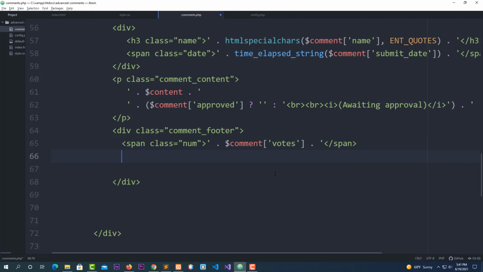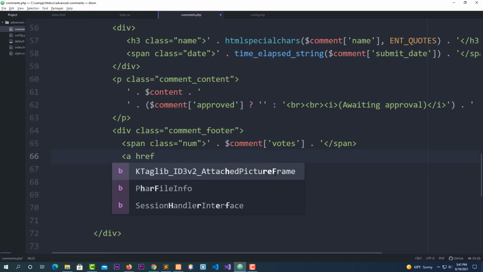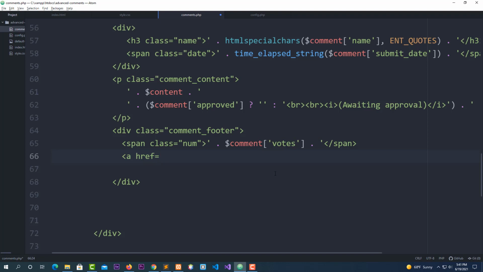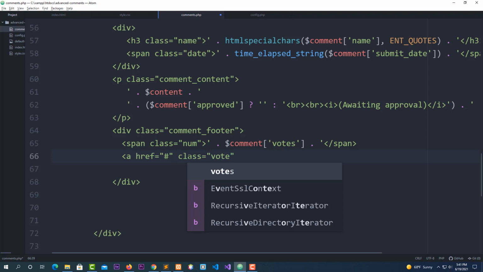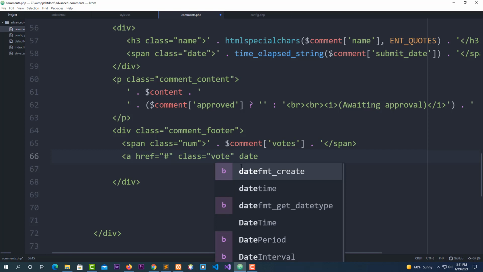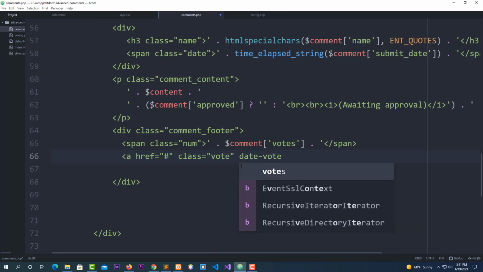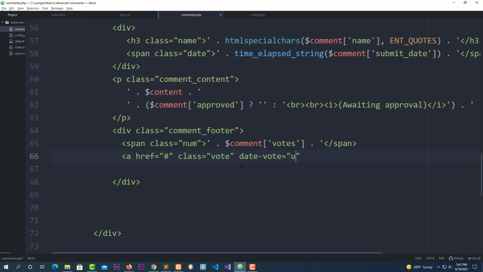Like, okay. I'm going to add an anchor tag like this. A href equal, double quote, and leave it like this. Add a class. I'm going to say class equal vote. I call the class vote. Okay. And after that, I'm going to say data-vote equal double quote up, space, data-comment